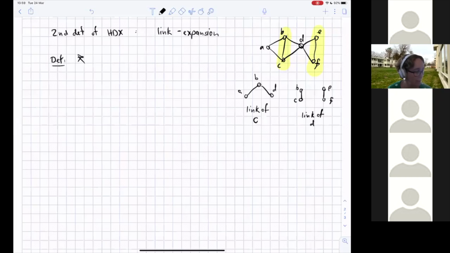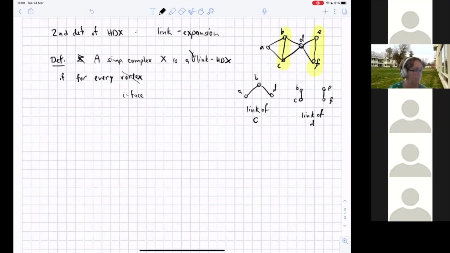Definition: let X be a simplicial complex. X is a gamma link HDX if for every, okay, so if I am in dimension 2, meaning I only have vertices, edges, and triangles, it's enough for me to say for every vertex. But if I want to make a definition that's also relevant for higher dimensions, I need to say, instead of for every vertex, every i-face, meaning every subset of dimension i. But let's start with for every vertex. For every vertex v, the link of v,